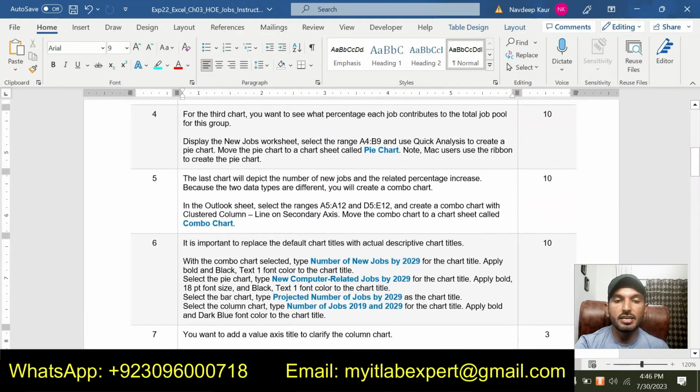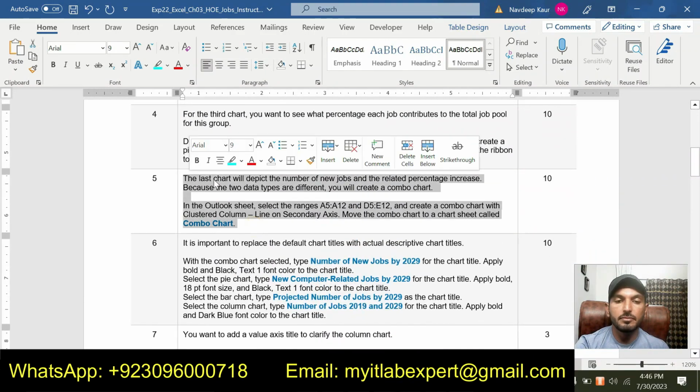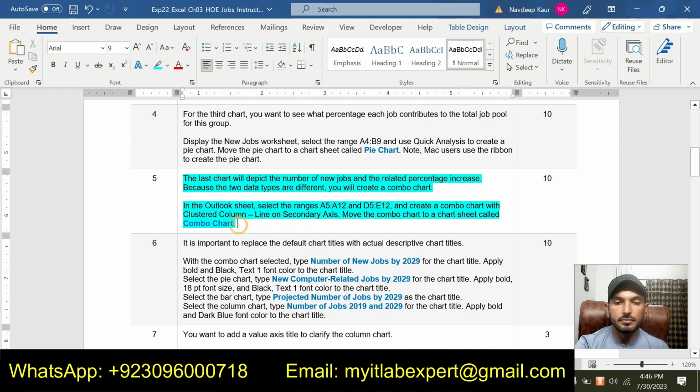So now let's do the next step, that is step number 5. And step number 5 is the last chart will depict the number of new jobs and the related percentage increase.